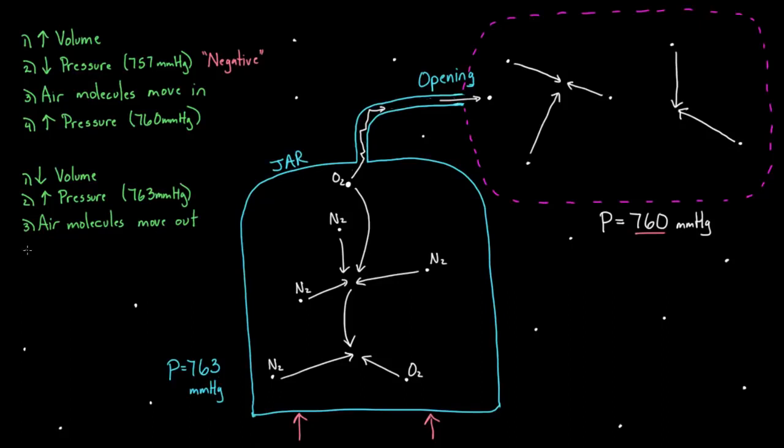So the final point is that if air molecules are moving out, let's say just by random chance this oxygen molecule happened to be the one that got sent away, so this one got knocked out, then you have 5 molecules again on the inside, and you have the same volume that we initially started out with. So the pressure on the inside goes back to what it was in the first place. The pressure falls to 760. And the reason that I say exactly 760 is because